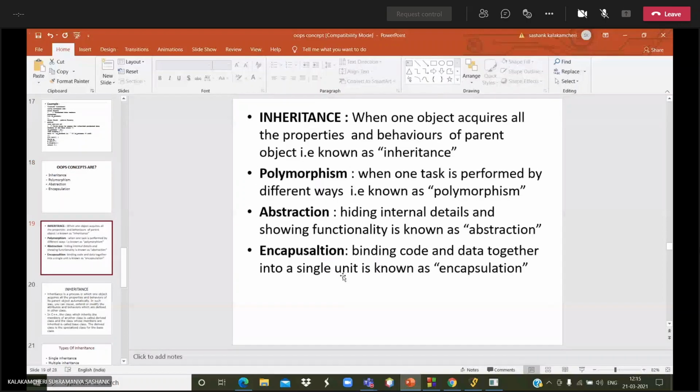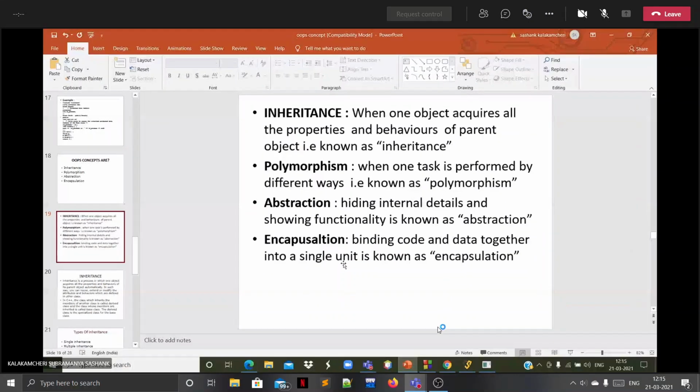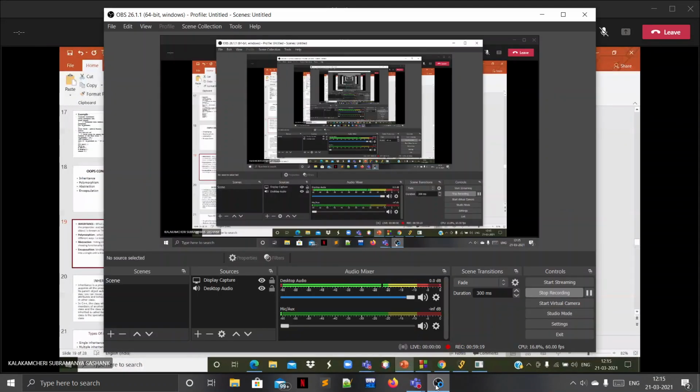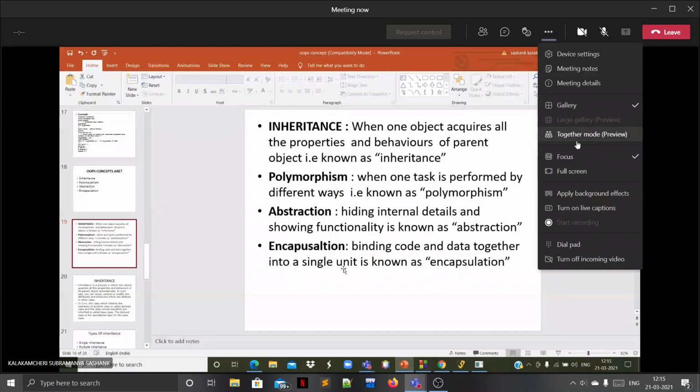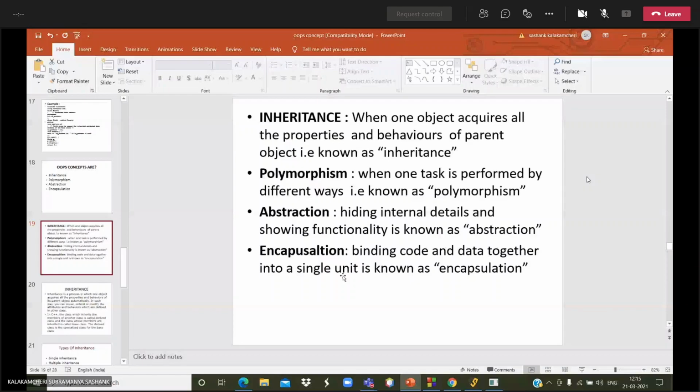Then in inheritance, we can call the derived classes in private mode. If the base class is in public mode, then we can access the base class in public and the derived class is also public.